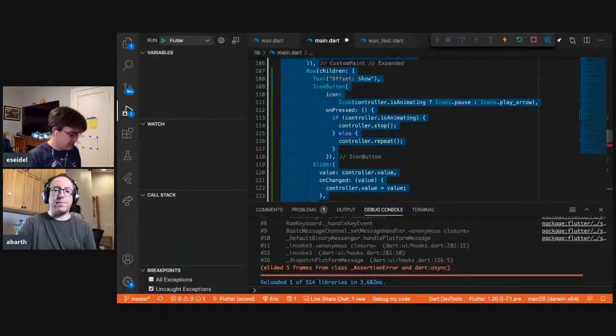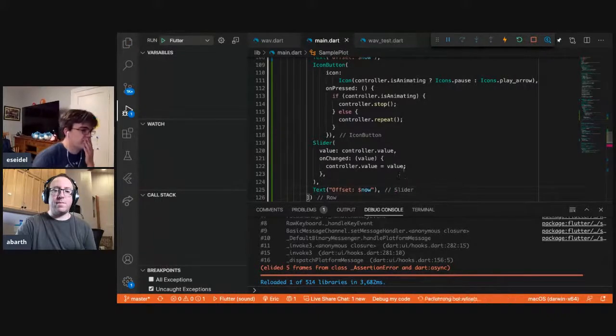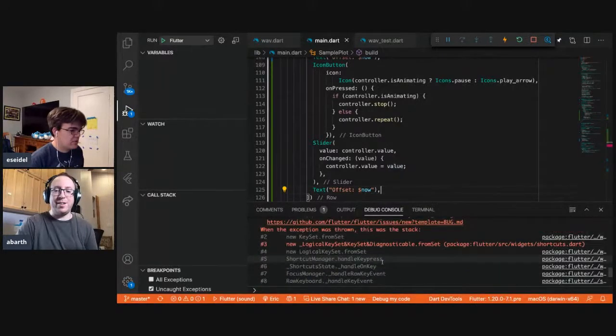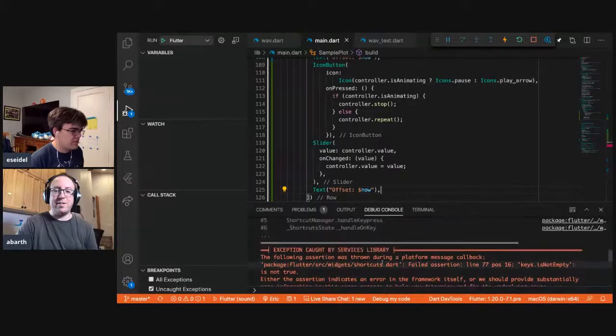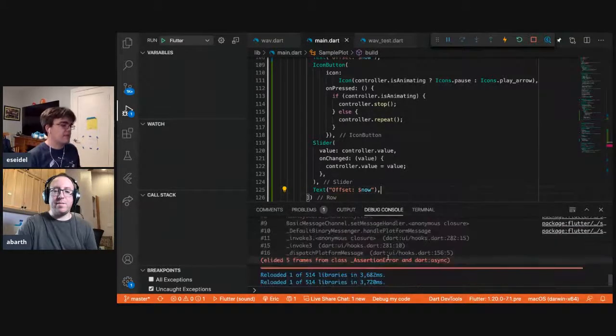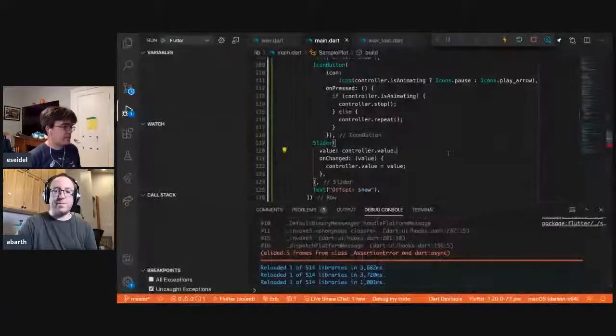Yeah, I was just thinking that too. What space distribution rule is it going to use by default? We get to see. That's my favorite part of hot reload, the cost for just seeing is tiny. Except when it's throwing an error. Assertion. Oh, this is some bug in Flutter Desktop. There's actually a new version of Flutter out, so it's possible it's been fixed.